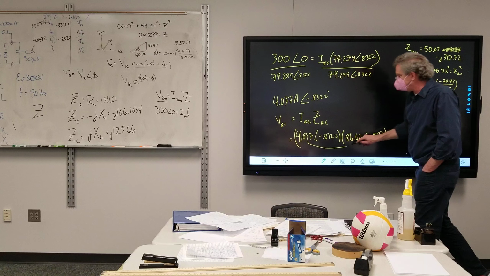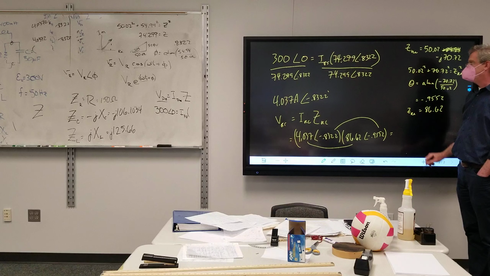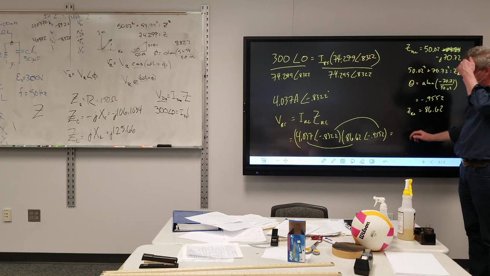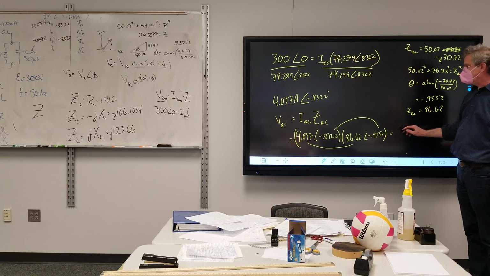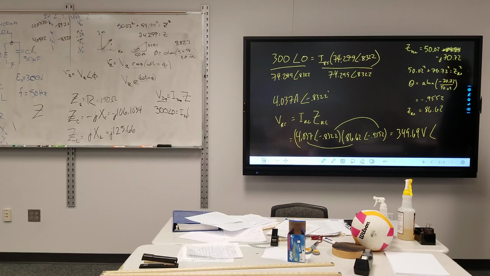You multiply these together, and then you add the angles together? Yep. And so we get the voltage across R and C. That is 4.037, correct? Yes. It's 349.69, and an angle of negative 1.7874. So we now have